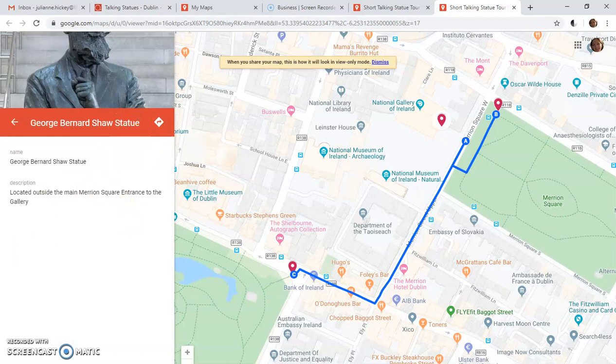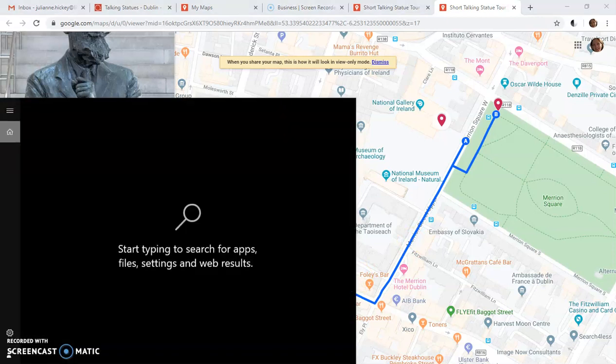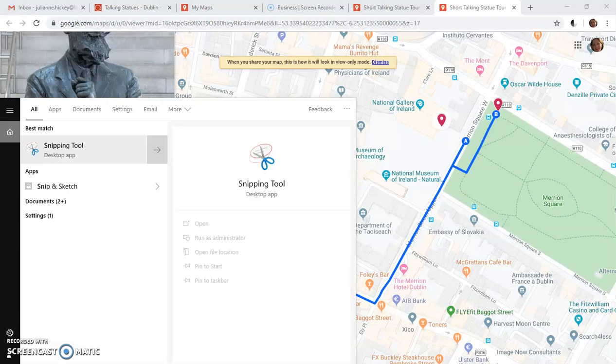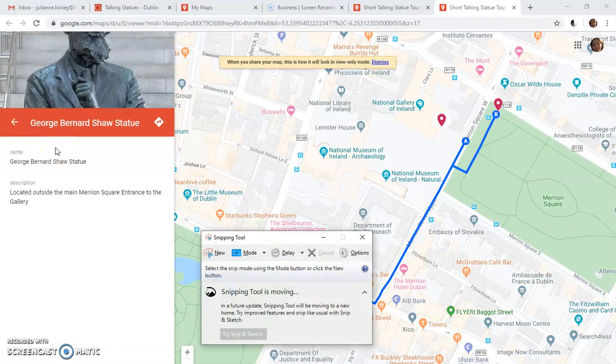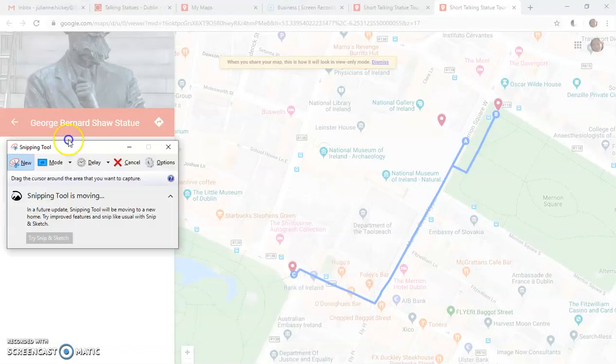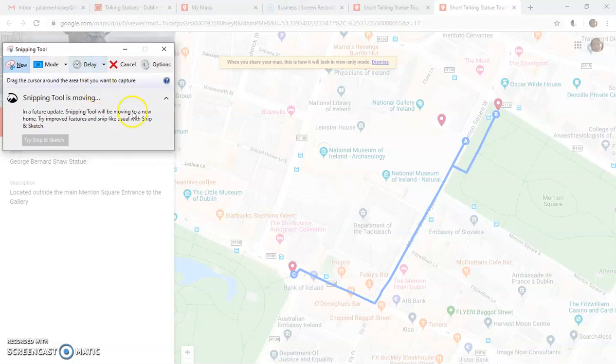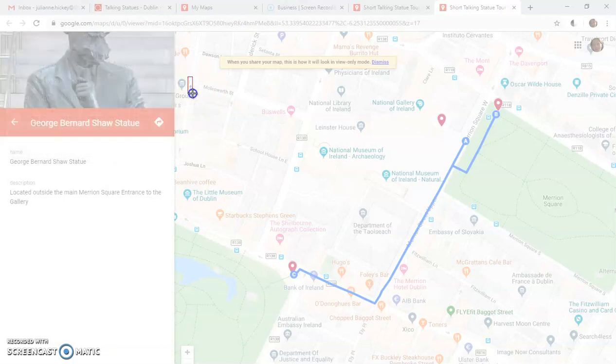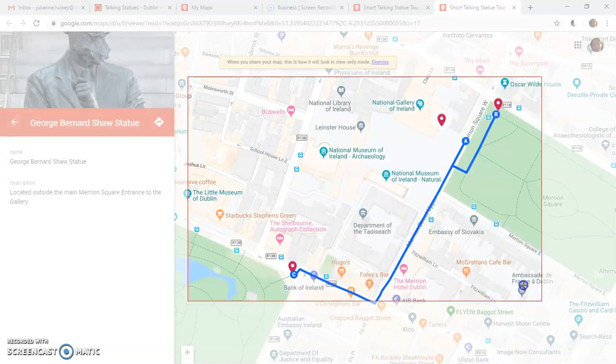Hope that helped. Oh, the other thing you could do is, if you wanted, you could just quickly take a picture of this and share it instead as an image. So what I like to do is use a program called Snip. It's on most computers. You click on Snip, you click on New. It kind of grays out a little bit. So I'm moving this out of the way. I want to show you. You draw top left, bottom right,